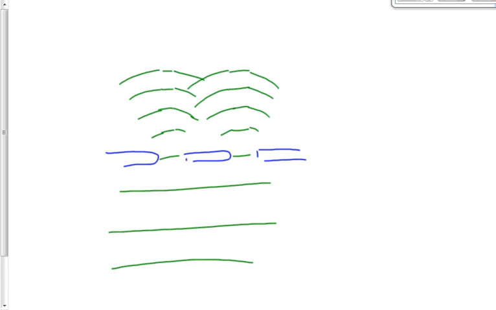When a crest meets a crest, trough meets a trough, we get constructive interference. When a crest meets a trough, we get destructive interference. So we're going to get these alternating lines of constructive and destructive interference. If these are water waves, then this line right here would be an area of constructive interference, and these water waves would be really big